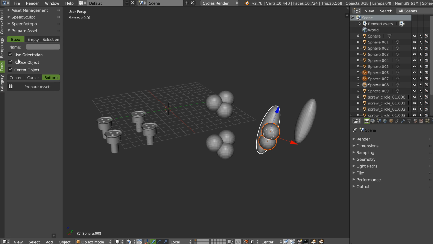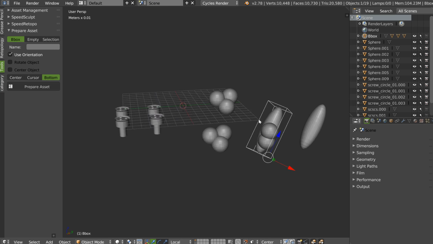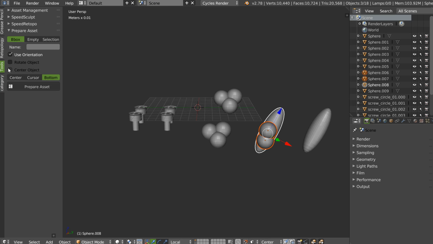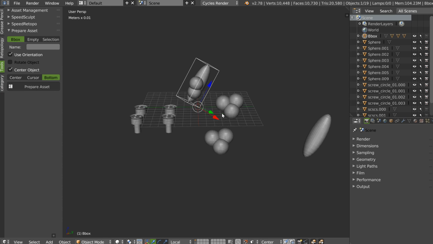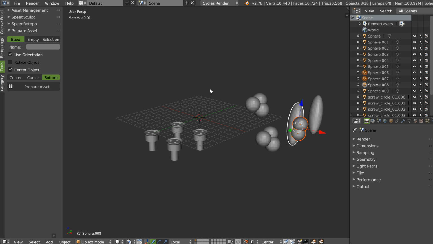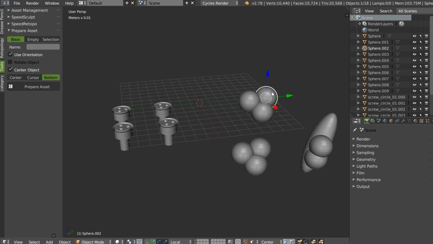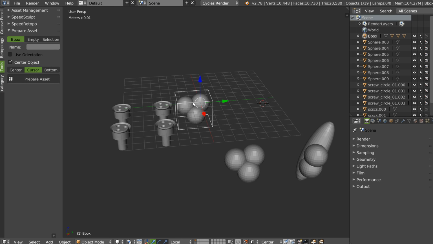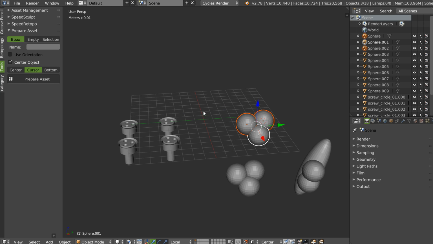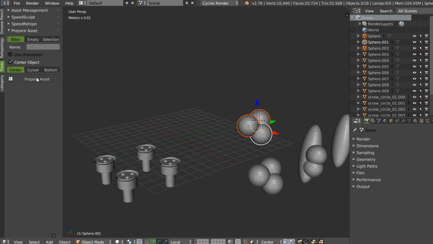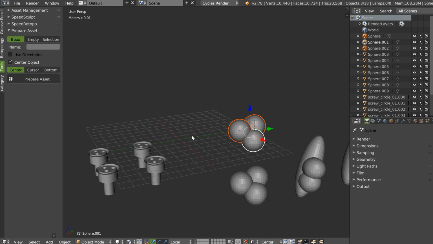What else? If you use rotation, you can use this, and for example, I will do this. You will have this result, and you can place your object like this. You can also, if I want, for example, the pivot here, I put the cursor here, I select cursor, I will center the object. As you can see, that is where the cursor was. You can center the object from the center of the selection, like this. Poof, at the center of the selection.